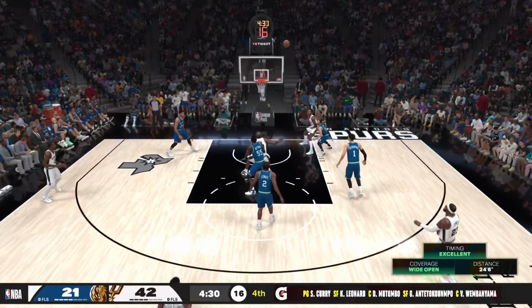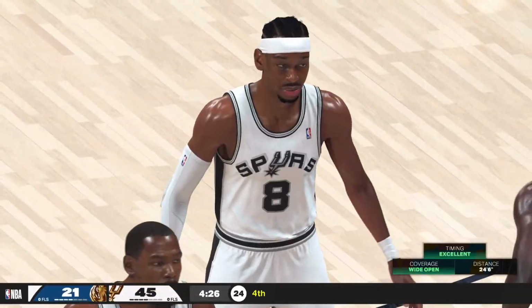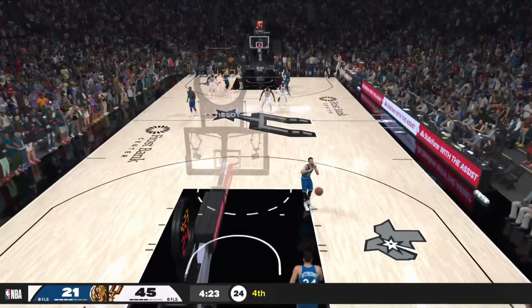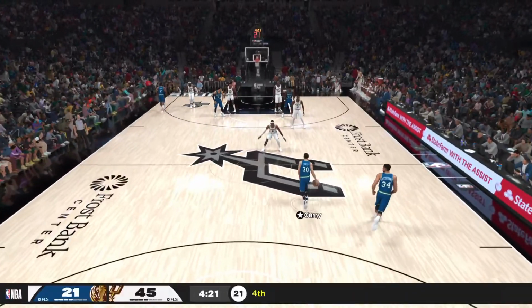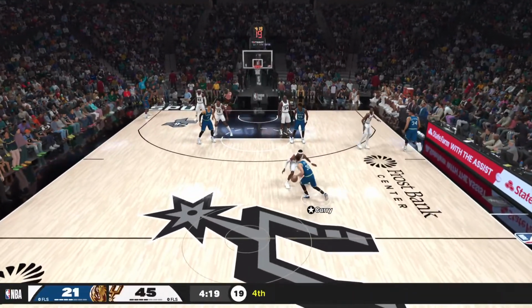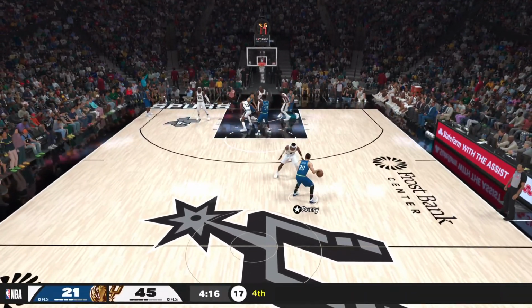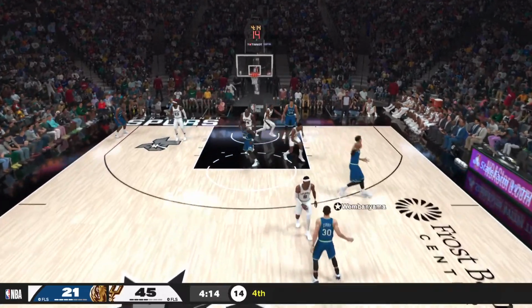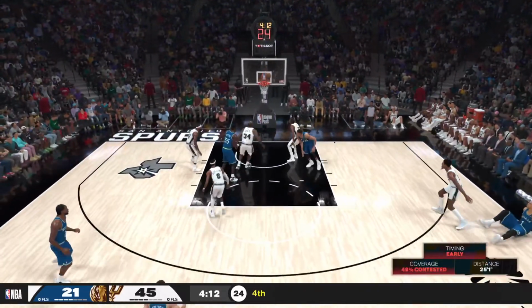No one near James as he lets it go. And a great assist by Gilgeous-Alexander as that one goes in. And you know James isn't thinking twice about that shot. He knows he has the green light. Curry passes to Wembanyama. No good on the